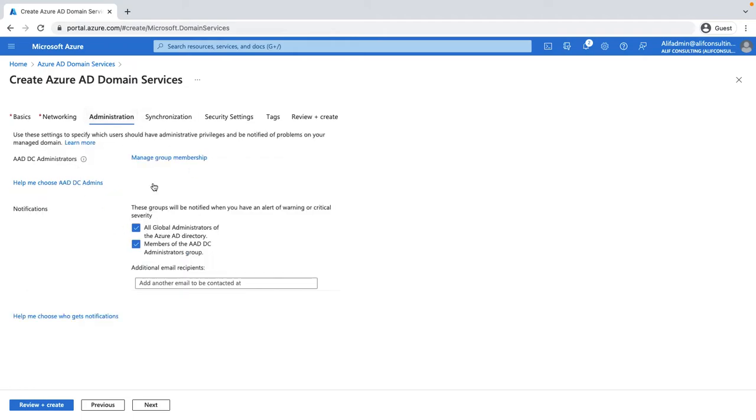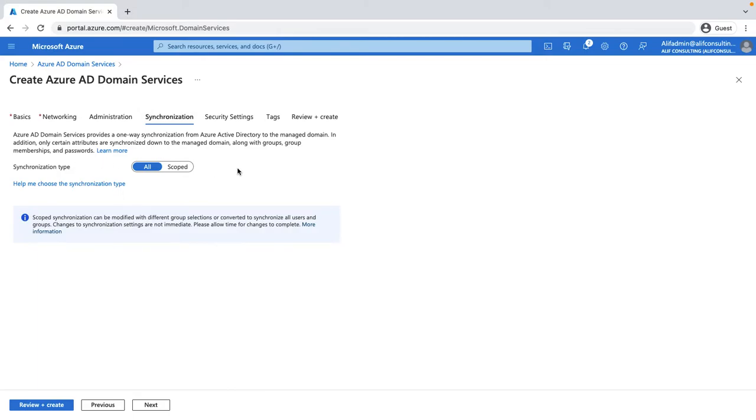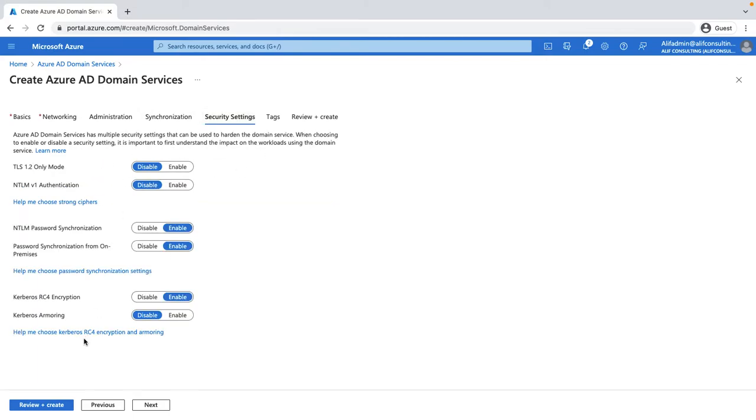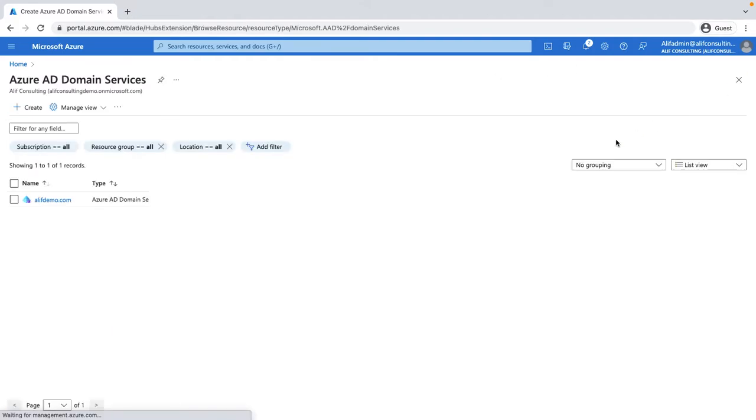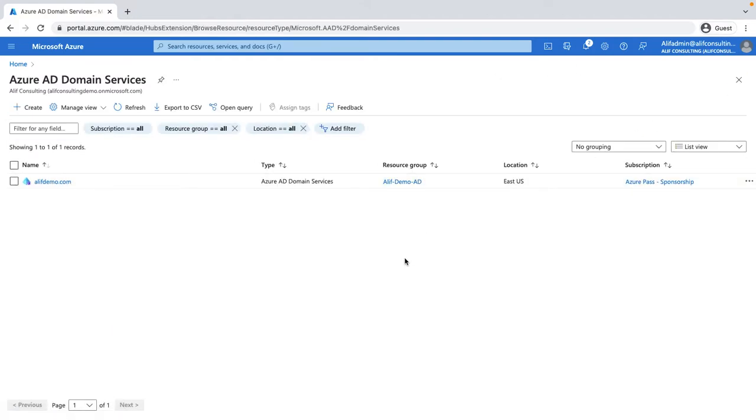You need to define the administrative group name, the synchronization type, and a few security settings, and then you can go ahead and create this Azure AD Domain Service. This usually takes 30 to 40 minutes to get created, but in my case I already have that created,